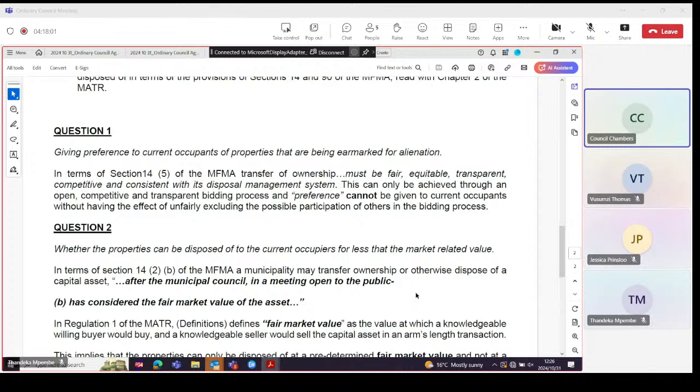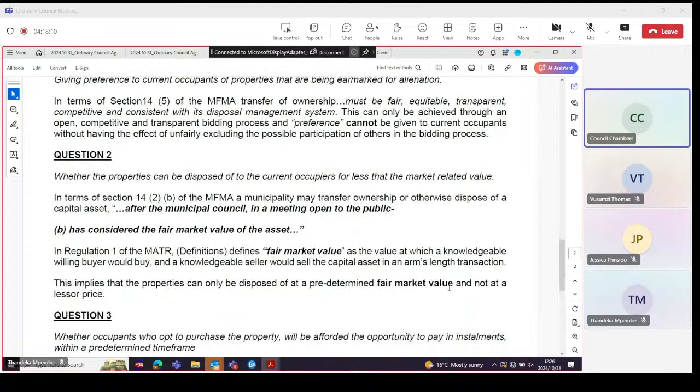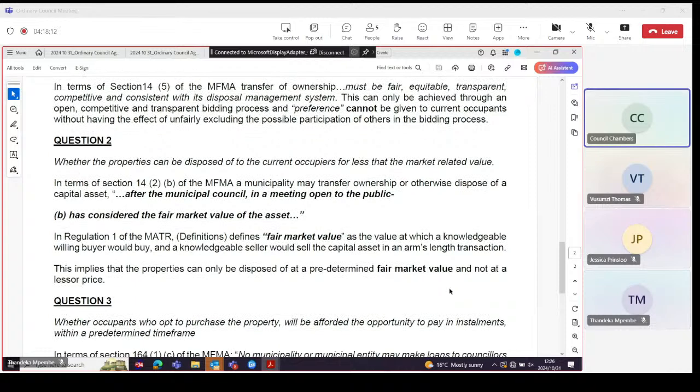That's the first question. Second question was whether the property can be disposed of to the current occupiers for less than the market rated value. And then again, in terms of section 14.2b of the MFMA, a municipality may transfer ownership or otherwise dispose of a capital asset after the municipal council in a meeting open to the public has considered the fair market value